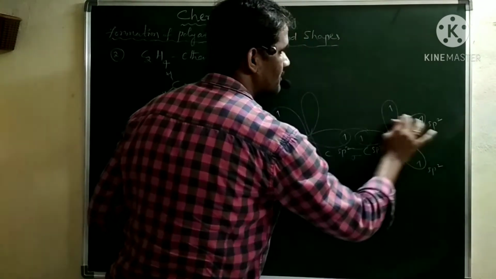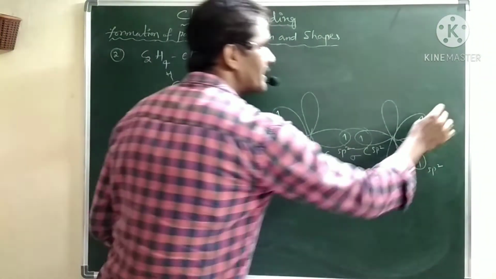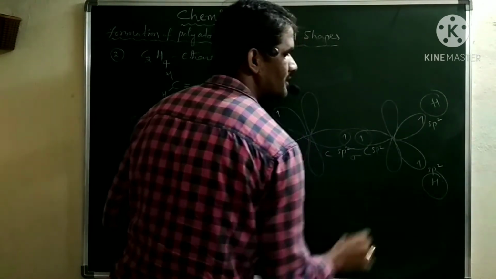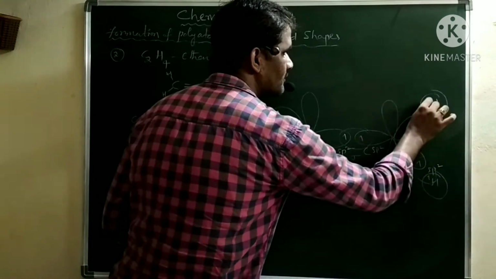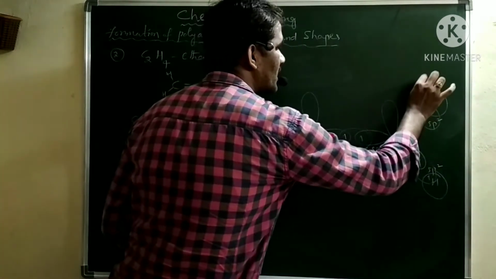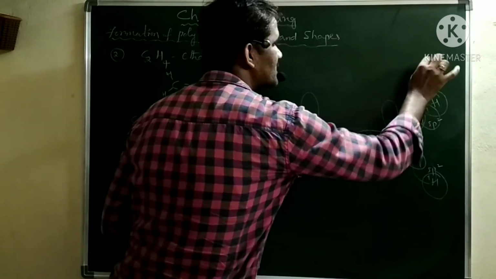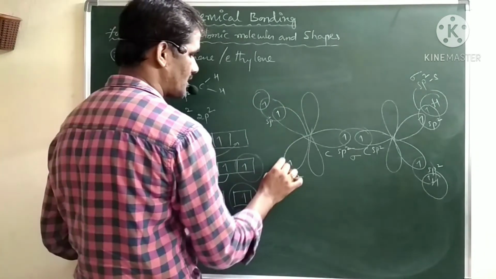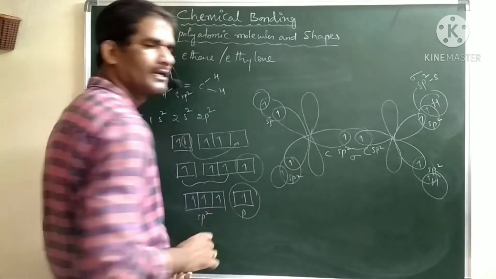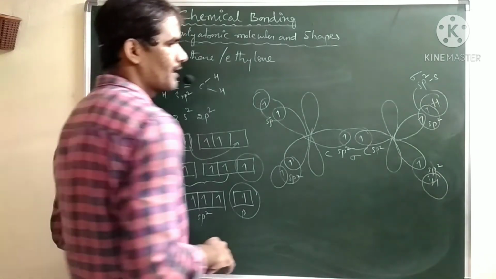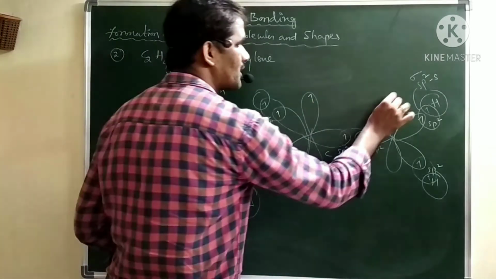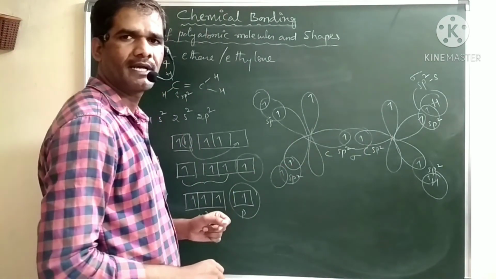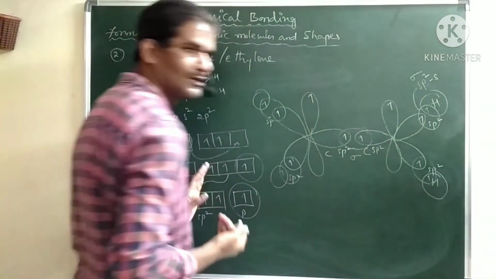These sp2 hybrid orbitals will interact with a hydrogen atom's s orbital, and sp2-s overlapping will take place here and form a sigma bond. Similarly here also, hydrogen with 1 electron, the s orbital and sp2 orbitals. Next, apart from this, we have the pure p orbitals, and these pure p orbitals are perpendicular to the plane, that is, the internuclear axis, and these 2 p orbitals are parallel to each other.